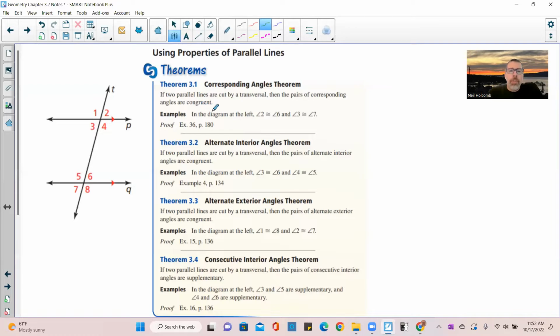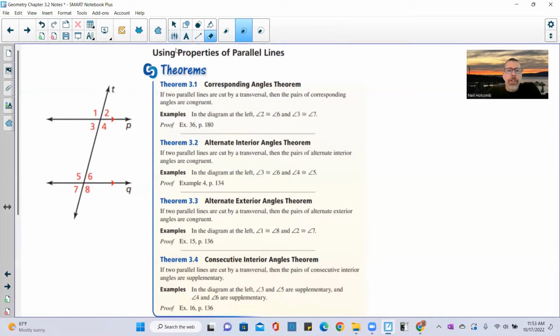So examples, in the diagram at the left, angle 2 is here, and the corresponding angle is 6, and they are congruent. Angle 3 is right here, and it is congruent to angle 7. The proof is exercise 36 on page 180, or example 36. Example exercise, not sure. But anyway, theorem 3.2 now states that